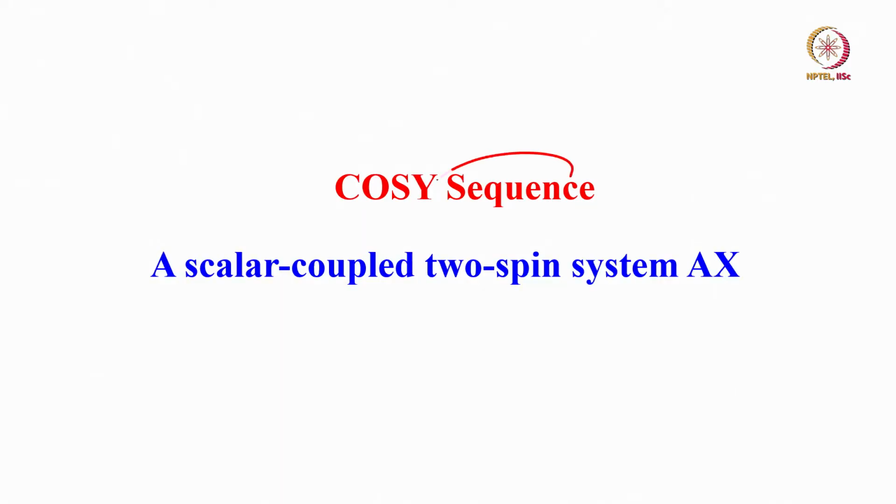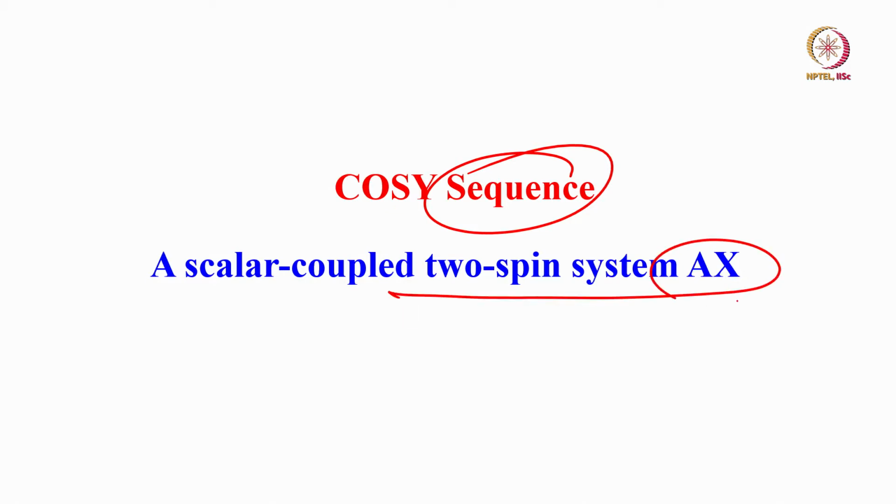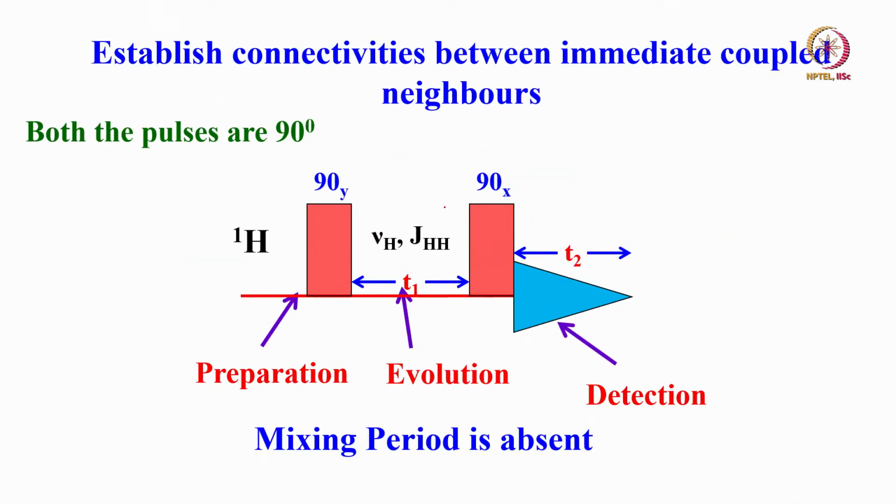This is an experiment I have used quite commonly. Today we will start with the COSY experiment and understand what COSY is and how it correlates the information. We will start with the COSY sequence, and I take the example of a scalar coupled 2-spin case, AX. Before going to that, we will take the uncoupled spin and then see what a coupled spin is. Right now we will worry about what the COSY sequence looks like.